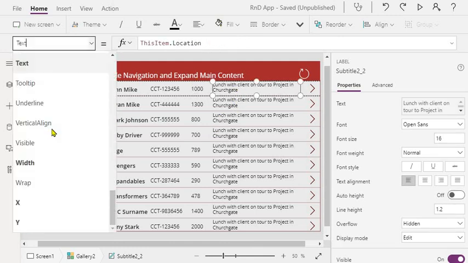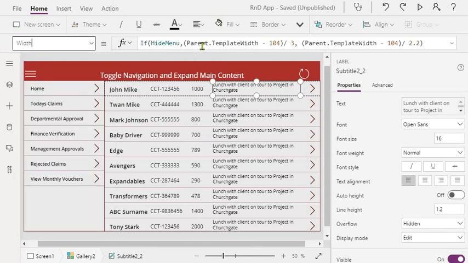And for this, if you look at it, depending on if the left side navigation menu is hidden, I'm dividing it by 3, and if not, dividing by this. You can define the ratio. You can play with this, and you can just decide these parameters, and then the other column which gets hidden.